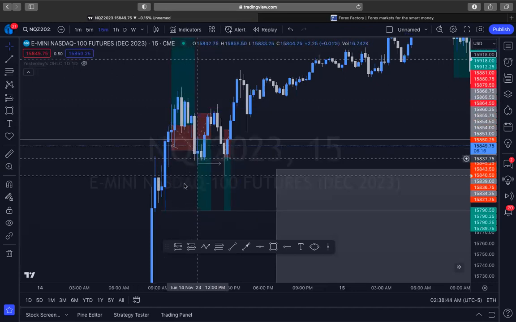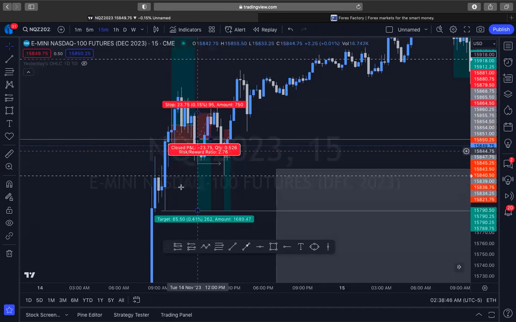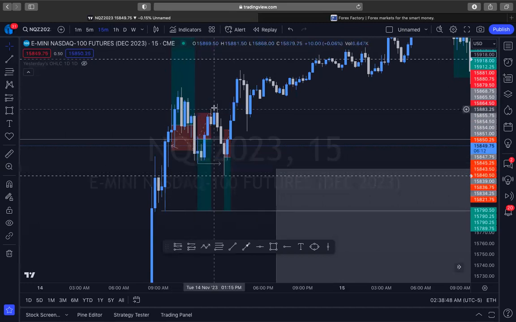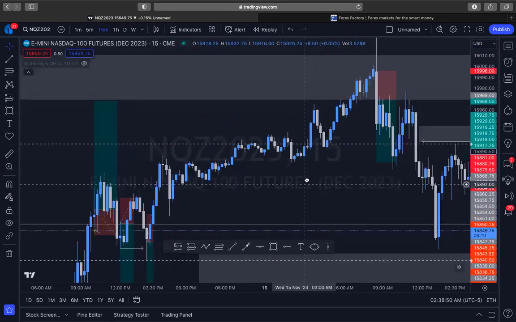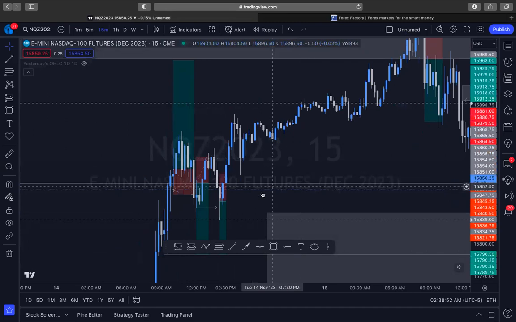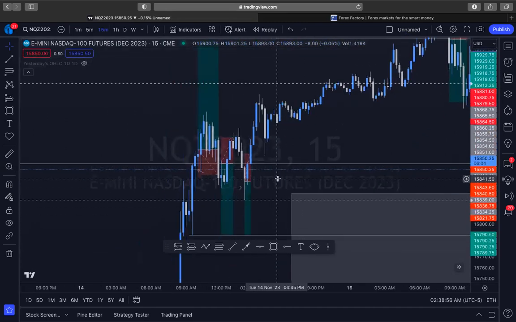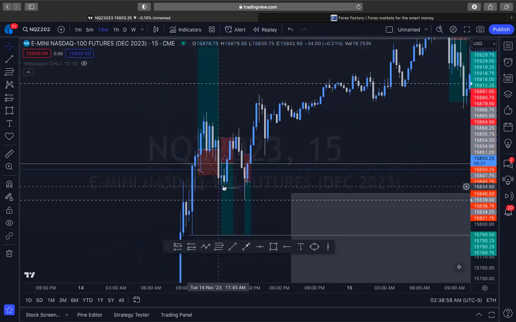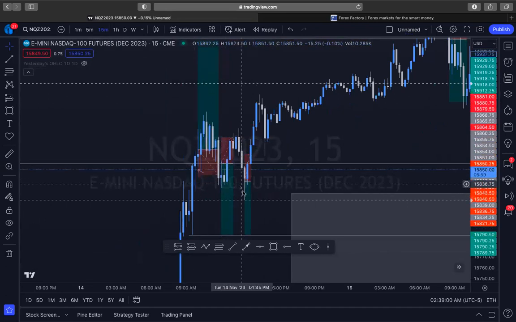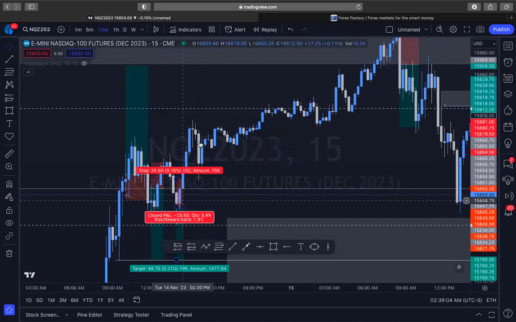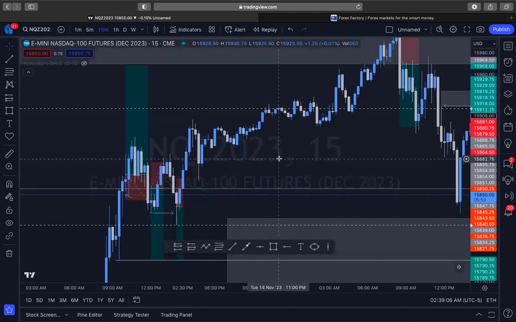We could have taken buys here and put your stop loss here. Yes, it would have been a bigger stop loss, but your reward would have been a lot higher than your loss would have been. So that could potentially have been a 1 to 5 or a 1 to 4 trade. You would have entered here. This would have put you in a slight, small drawdown, but then it would have hit your take profit here. So that's just something to take into consideration moving forward.